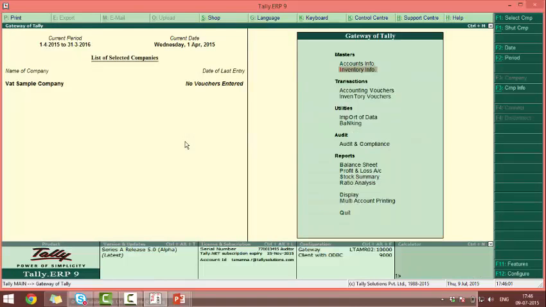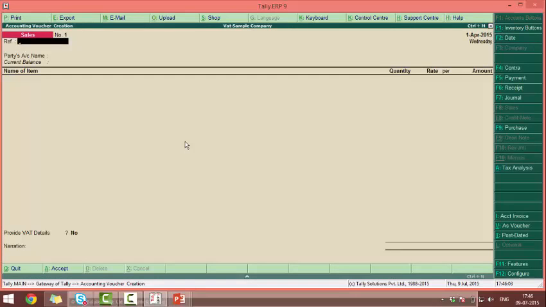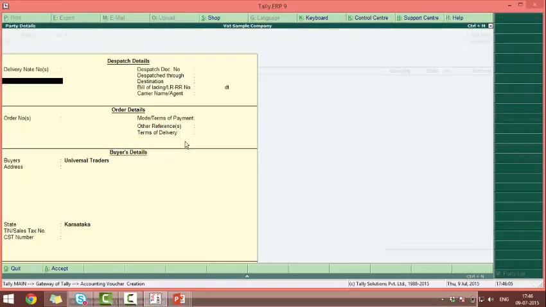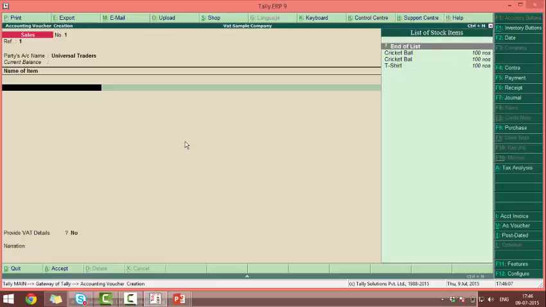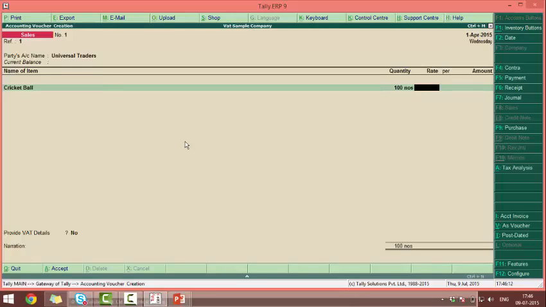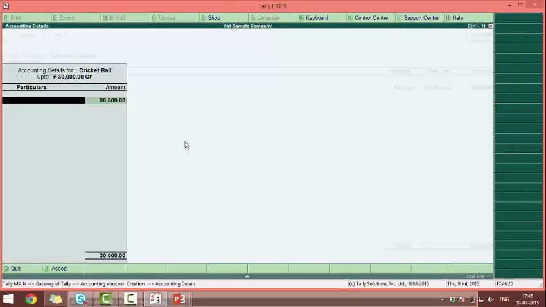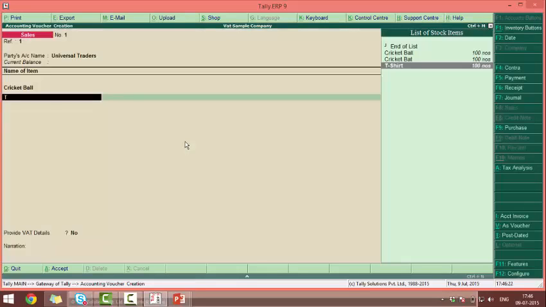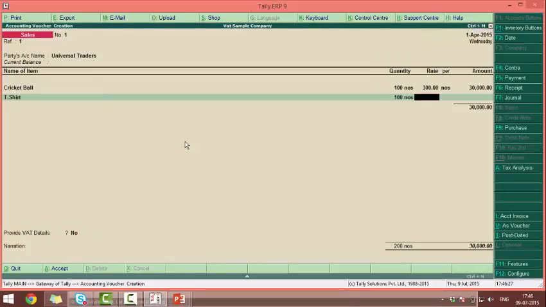Now we will try passing an entry. Go to sales invoice, select the party, select the item ball, 100, the rate is 300, sales, select another item, t-shirt, 100 t-shirts at the rate of 1100.